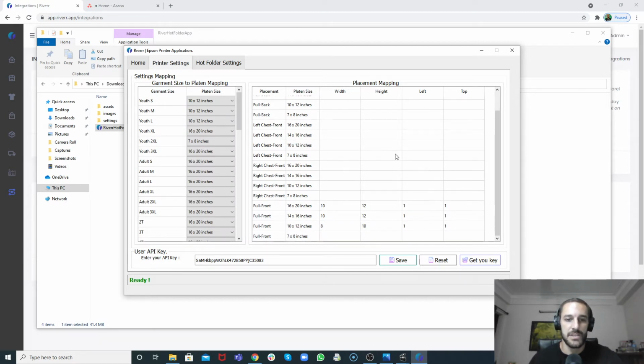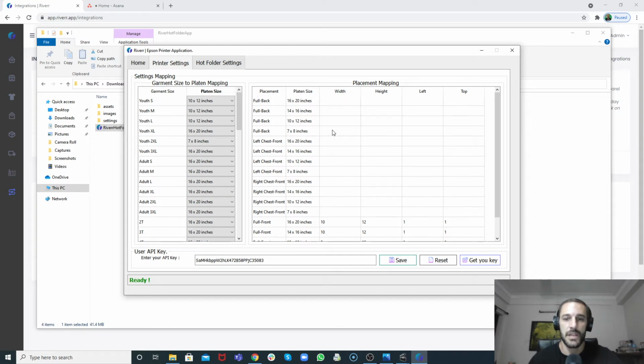And I've already set a few of these up, not very many, but we pull in the garment size. This is directly, once again, from the application that you're using, and every single garment size in our system is here. And what you're going to do is connect it directly to a platen size. So we've done that here, and you can see you can change it, obviously, to whatever you want to. And once those platen sizes are set up, and you're done with that, then this next